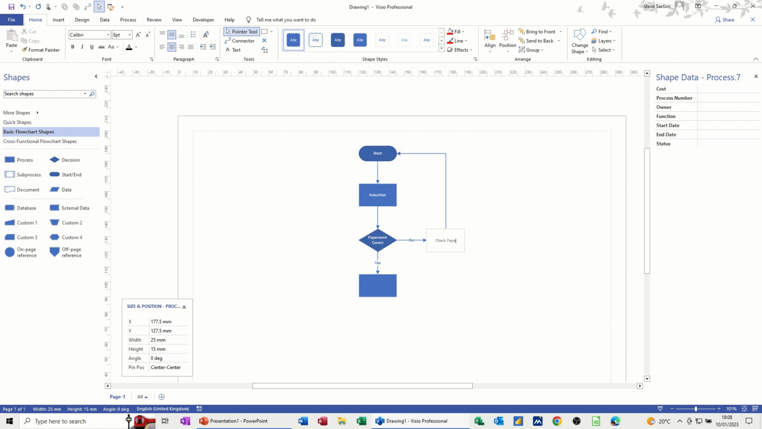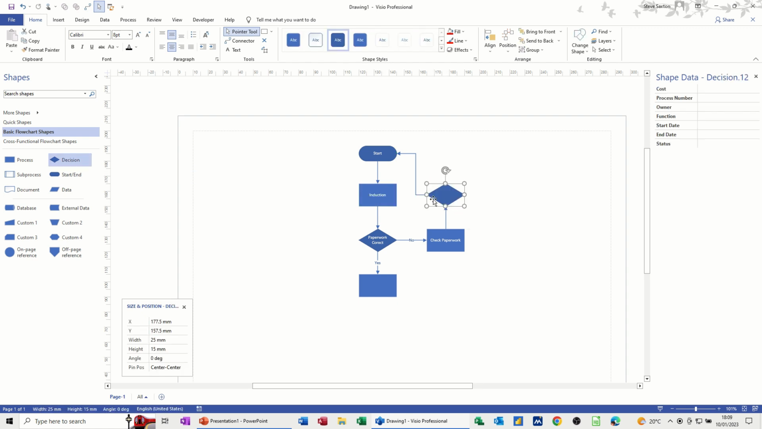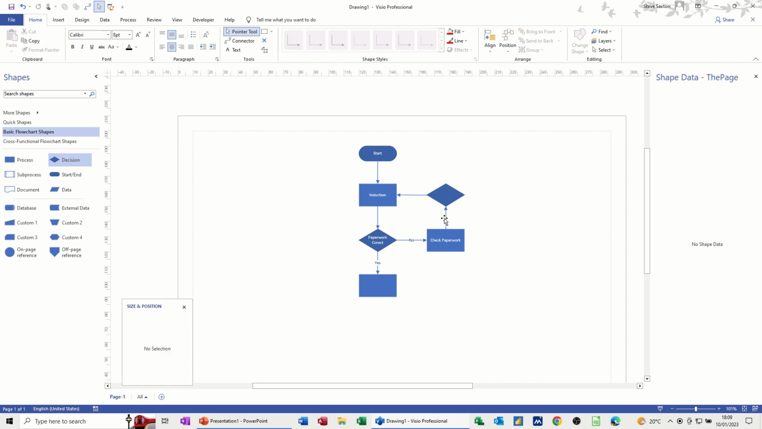check paperwork, and then you go back around again. So I could have another decision in between there saying paperwork correct again. In fact, I will do that. I'll just drag that decision on there. I want that to sit in between that, and this arrow I want to come back into induction, like so. So this is now check paperwork, and then